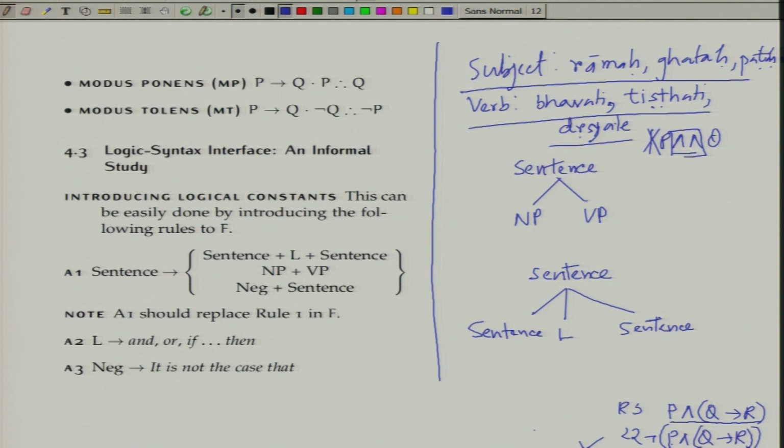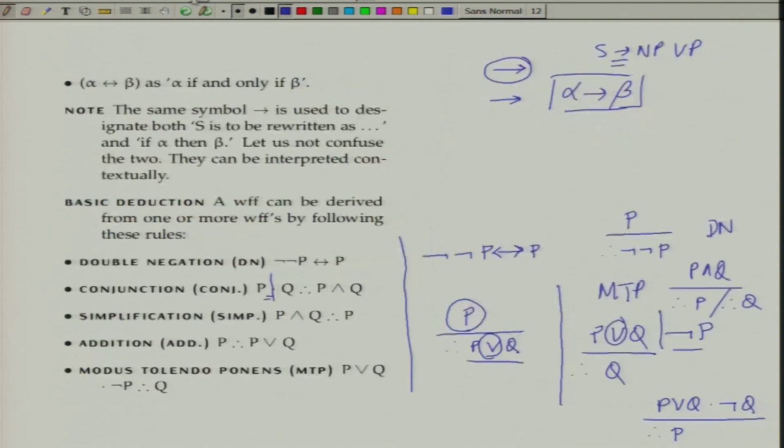Two of them are sentences, and there is an L, and we interpret L as, so we can now say that L goes to either 'and' or 'if then', anything. Suppose we choose 'and'. We can rewrite this sentence as anything, John walks or something like that, NP VP. Now notice that right now we don't have any rule that allows us to write John walks or Tom walks. It is not difficult to introduce such a rule, but